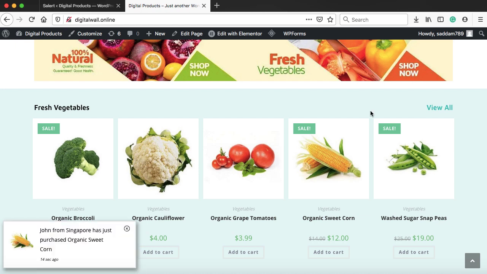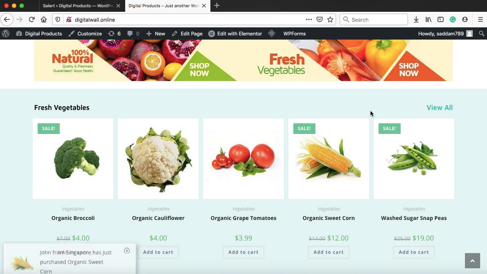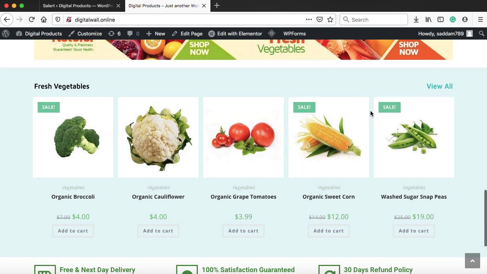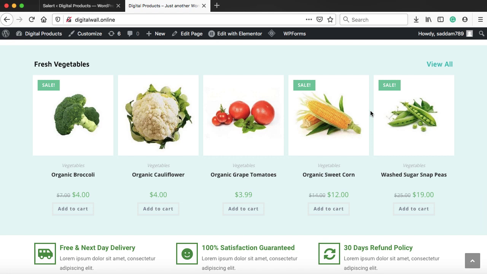I hope till now you have learned a lot of things about e-commerce development. Now let me guide you how we can create a variable product into your e-commerce website. Let me tell you what exactly variable product means. So let's say we are going to sell these tomatoes. Now when someone come to the website, of course they can choose the weight of these tomatoes, like how many